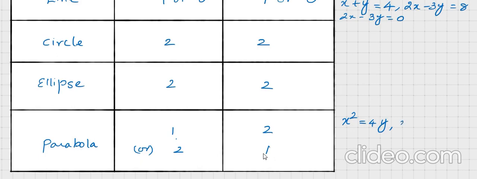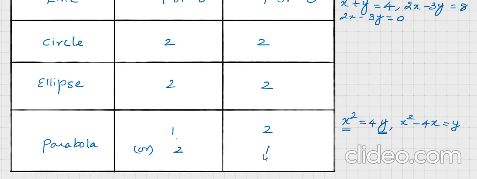Another example, x square minus 4x, no issues. I am here fixing the degree of x is 2. The degree of x, the power of x, may be 1 also, no problem. But the degree of y must be 1 alone. It must not go to 2. If the degree of x is 2, the degree of y must be 1. Keep in mind, such equations represent parabolas.